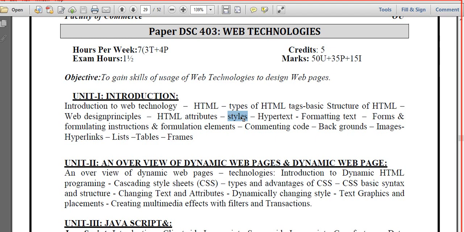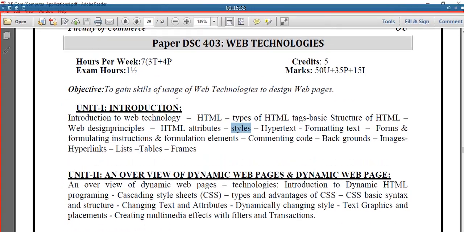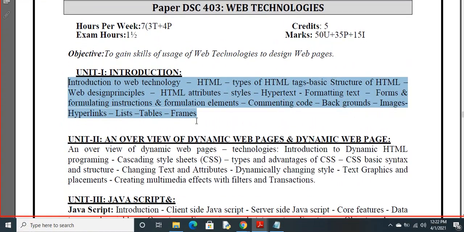What is a frame? A frame is nothing but we can divide a web page into multiple web pages. Each and every part is called a frame. For this we have to use the frameset tag. For every frame we can specify how much space we require. Frameset 20, 20, 80, sorry 20, 20, 60. If you treat it as 100%, first frame will be 20, second frame will be 20, and third frame will be 60. If you specify rows, then you will get horizontal frames. If you specify columns, it will be vertical frames. So there are different types of frames. So this is the basic end of unit 1.